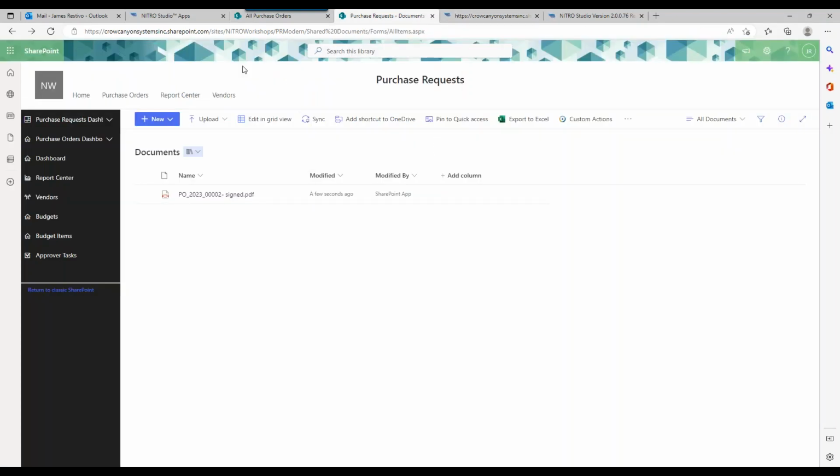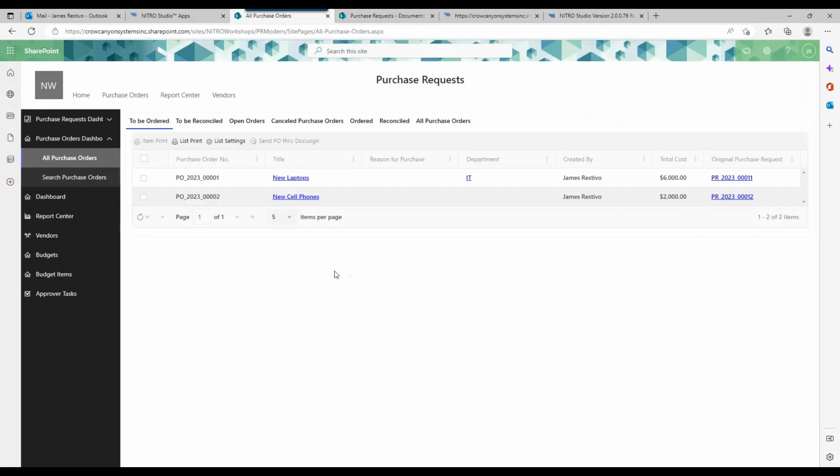So as you may know, we sell a purchase order tool that starts out with a purchase request that comes through. Maybe it's for new cell phones or new laptops or something of that nature. You need to get a signature on that for approval, or you need a signature on the purchase order that gets created from it. So I've already gone through the process of creating the purchase order from the purchase request,